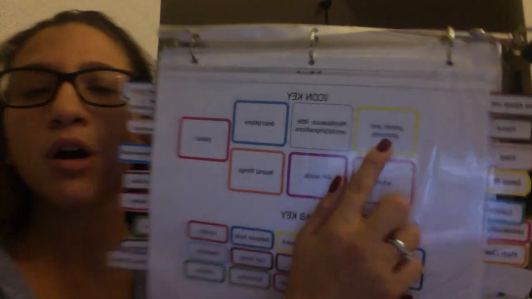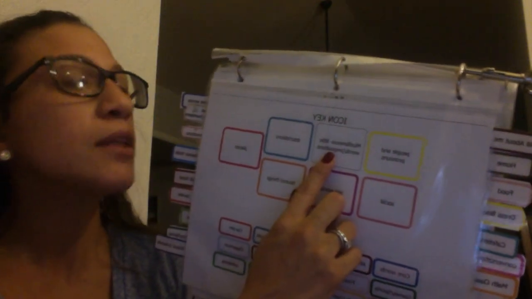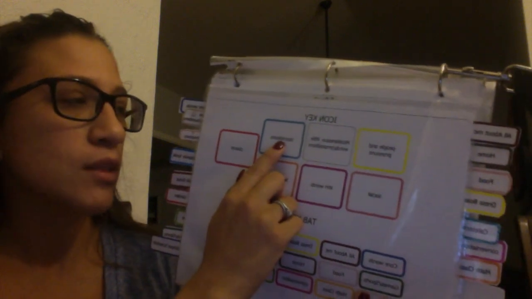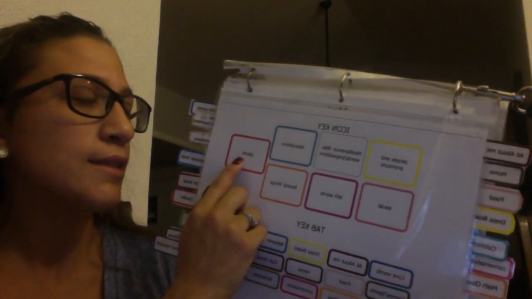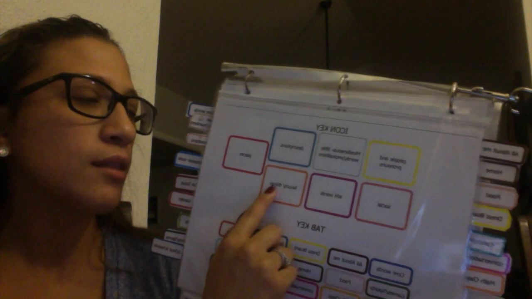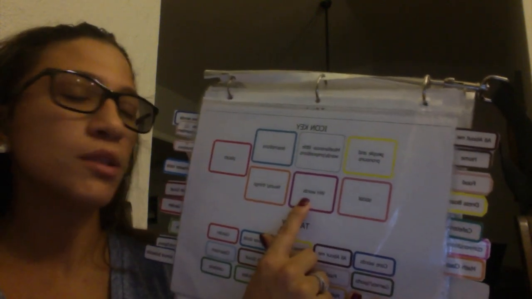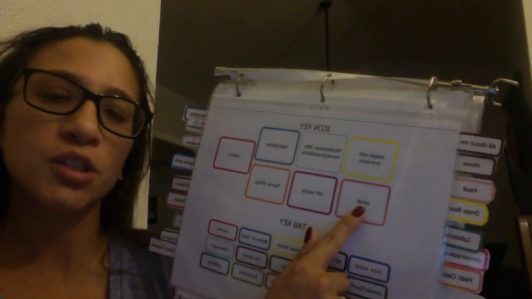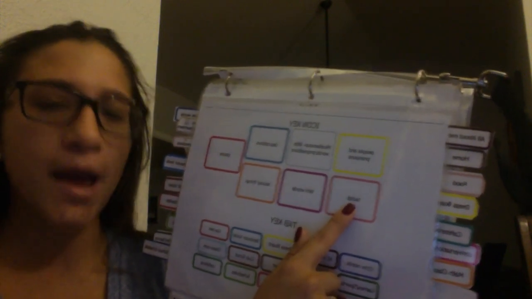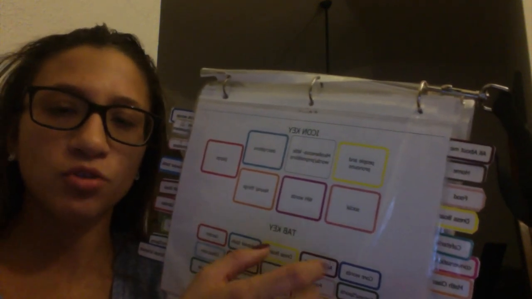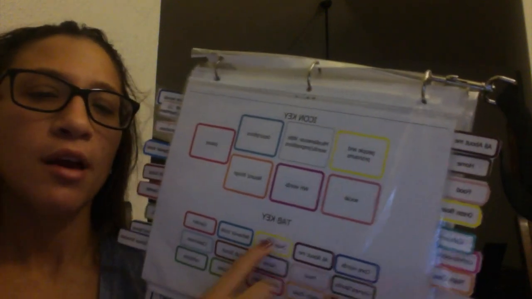So yellow are people and pronouns, miscellaneous are white. Descriptions are blue, places are hot pink, nouns and things are orange, WH words such as questions, what, where, when, and why are purple, and social, such as greetings and manners and phrases that include social interactions, are pink. And then I included a tab key, so I created tabs so Brandon could find the page